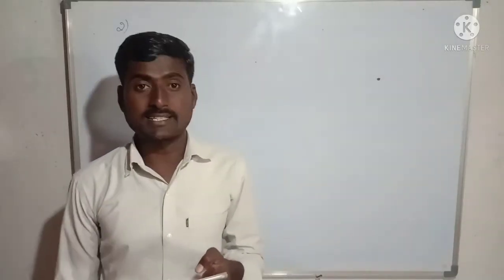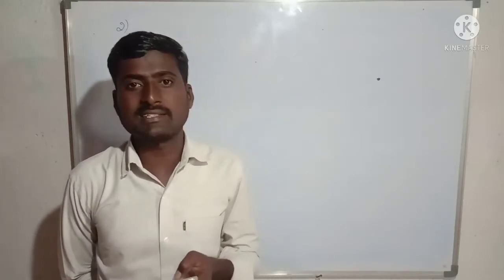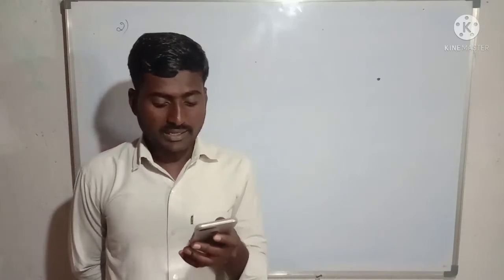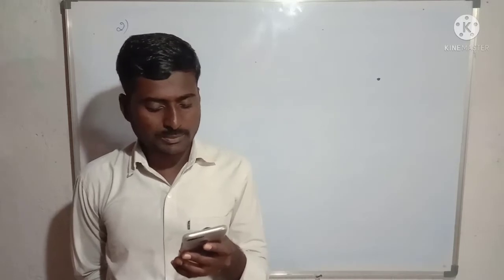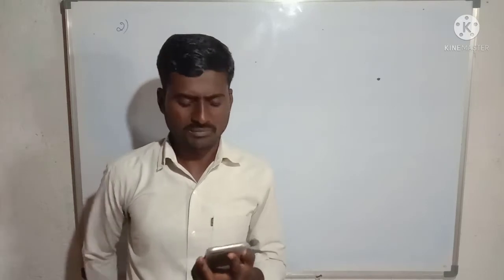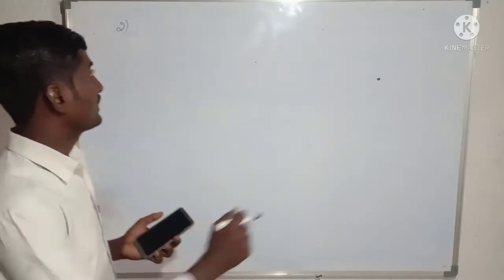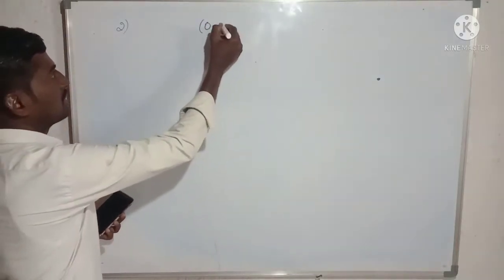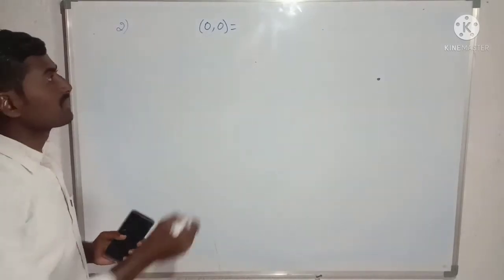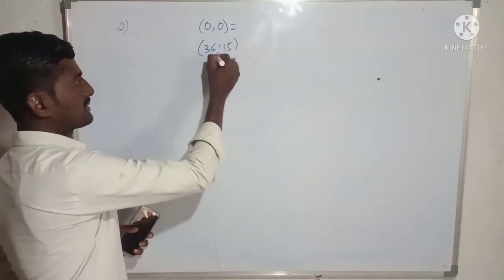Now see the second question. Find the distance between the points 0, 0 and 36, 15. We have to find the distance between those 2 points. Next, can you now find the distance between 2 towns A and B discussed in section 7.2. So later on you can give the answer for that question. See the first one. What they said, we have to find the distance between 2 points. The first point is 0, 0 and the second point is 36, 15. So these are the 2 points.